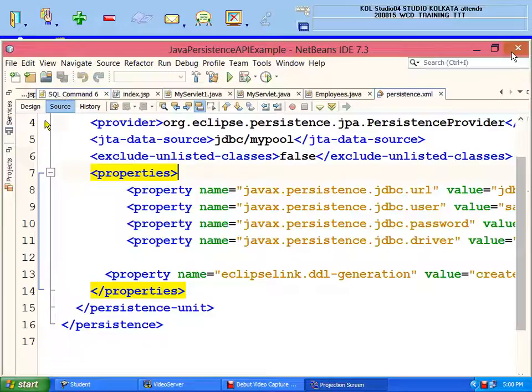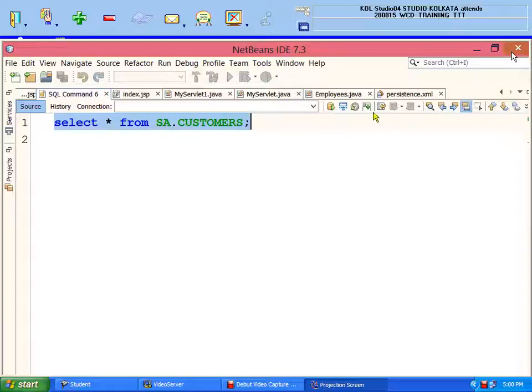And we will see that we have actually created a table called employees, and if you write select star from employees,